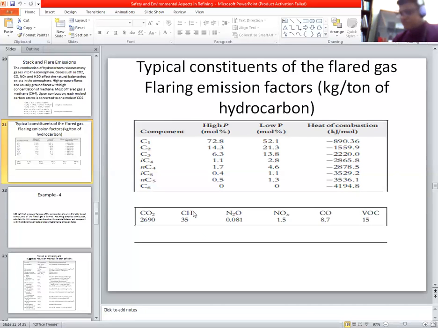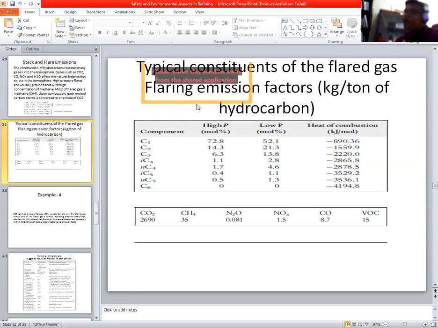Okay, class. So let me proceed. So we calculate the molar flow rate of carbon dioxide. I got 6.626 kilomole per hour. So now we know the molecular weight of carbon dioxide, that is 44 kg per kilomole. So now if we want to calculate the mass flow rate, it will be m equal to